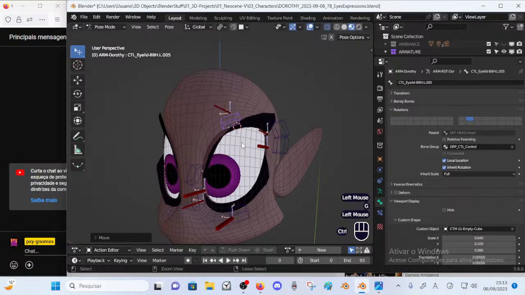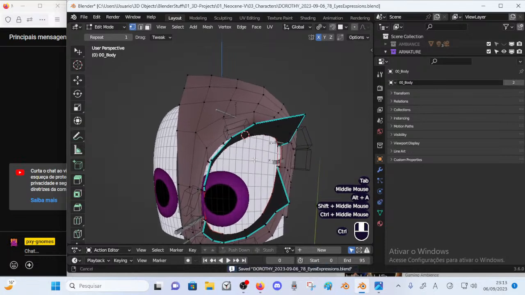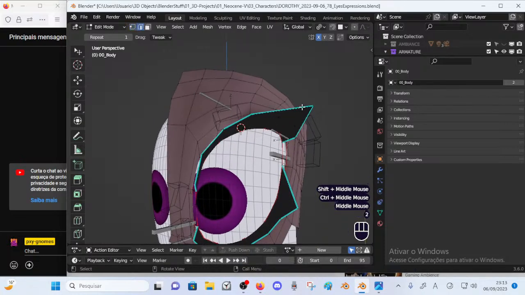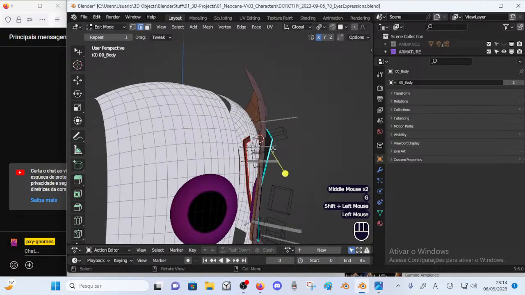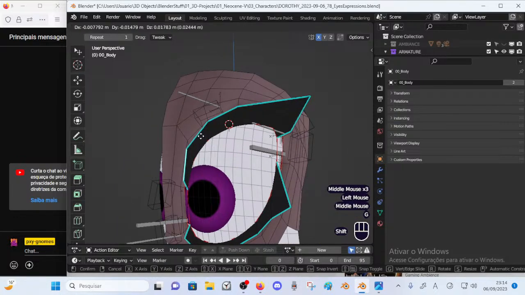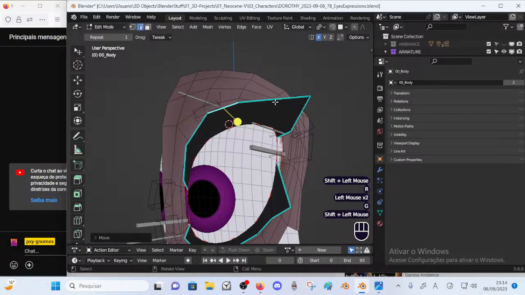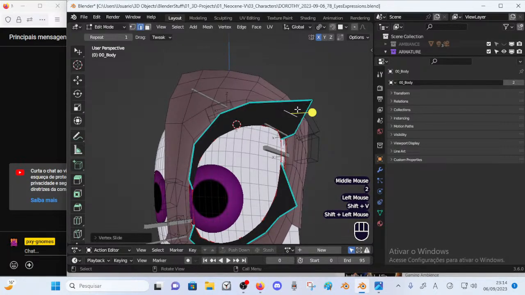I think the adjustments and simplifying helped a lot. And now the easiest thing to do sometimes is just changing the mesh here. This can help a lot, and it's very simple to make those adjustments here.